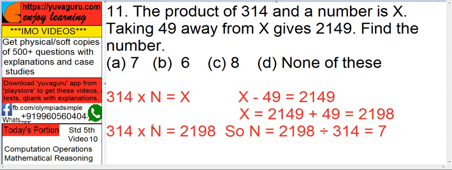How to find out n now? Keep n on the left side and take everything else to the right side. Now 314 goes to the right side, this is multiply, so it becomes divide. So n equals 2198 divided by 314, and then the